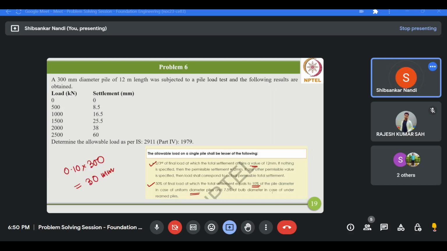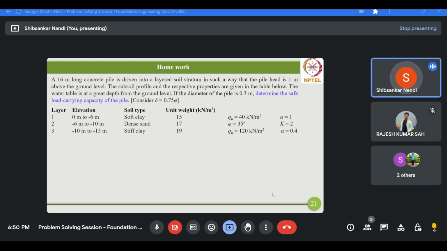I cannot continue further. I am having a power cut here, so I'll just read the statement of this homework problem, and I will leave this problem up to you. Please solve this problem at your home and let me know about any difficulties which you face in solving it. This problem is about a 16-meter long concrete pile which is driven into a layered soil stratum